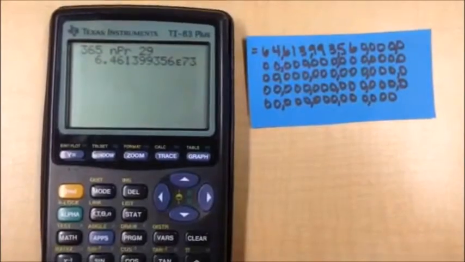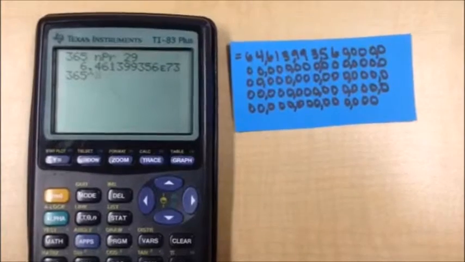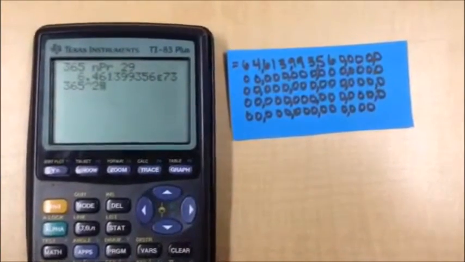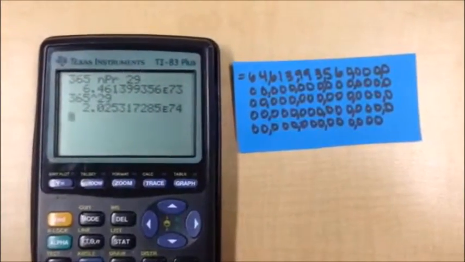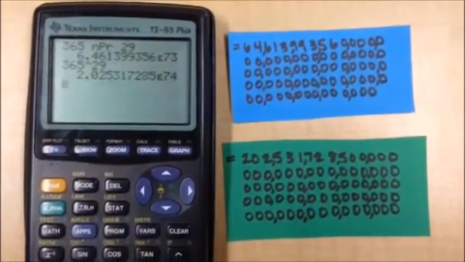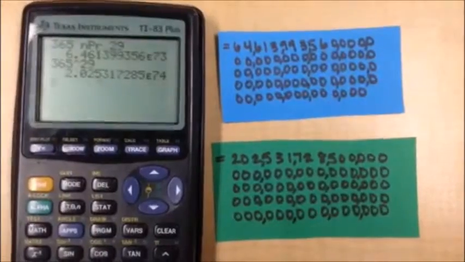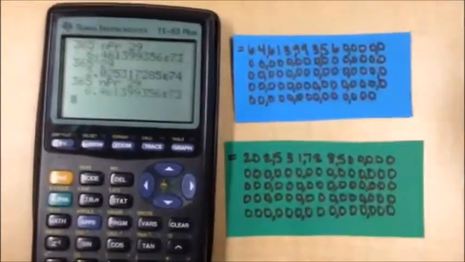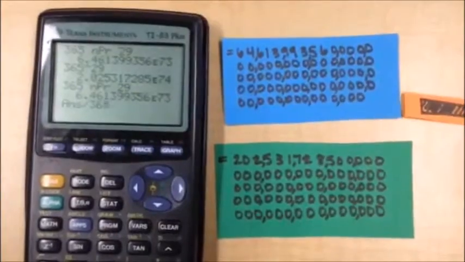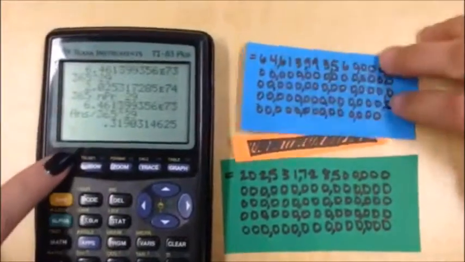Our next goal was to find all of the possible matches. So we took 365 and raised that to the 29th power. When you enter that, you get 2.02 times e to the 74th. And written out, that's what that number will look like. So then when we divided both of those answers, I'm going to go back and re-enter 365 nPr 29, and we're going to divide by 365 to the power of 29. And when we do that, we get the answer of